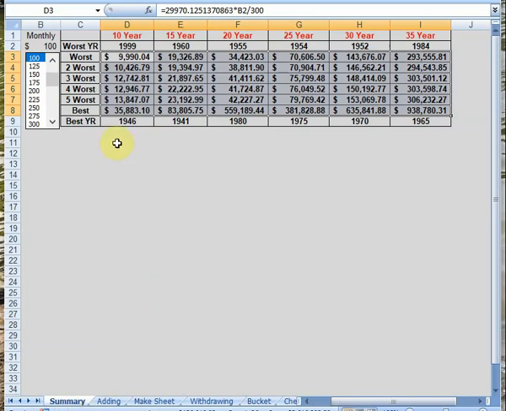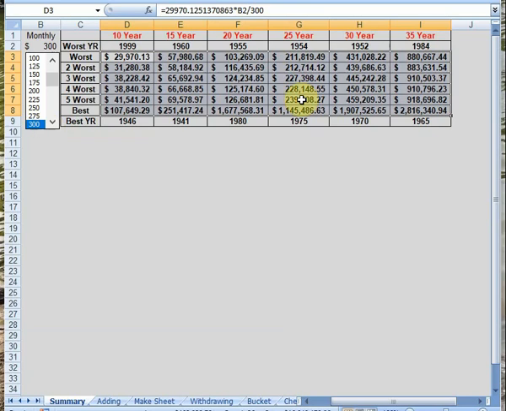And what I've done here is I'm just going to invest $100 a month, and we're going to help you create a spreadsheet that you can do this on your own. Have this spreadsheet showing you the results of all the work that I've done on the other spreadsheet. But this shows you the 35-year period over the last 93 years. The worst 35-year period would have been in 1984, investing $100. Let's go back to the 300 because that's what we were looking at before. Investing $300 a month, you would have had